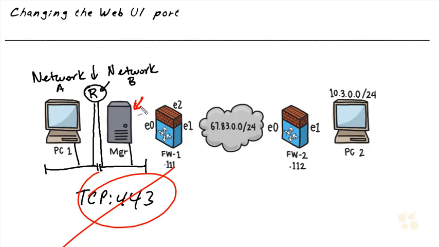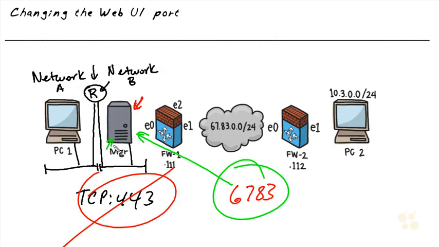We can actually train the appliance to go ahead and listen for the web user interface on a different port. So if the router was currently allowing TCP port 6783 through, we could go ahead and configure this Gaia box that it should listen on TCP port 6783 for the web user interface, and then we could connect from this PC over to the manager by specifically telling the browser that we want to use port 6783. Now this is not a great long-term solution because we'd want to work with our network administration team, or whatever department is in charge of this router, so that this router does allow TCP port 443 between PC1